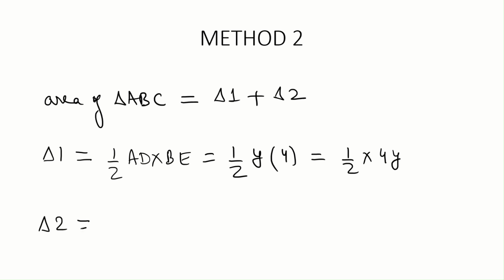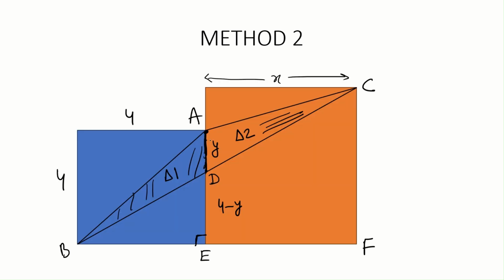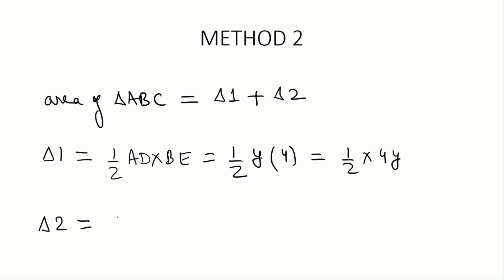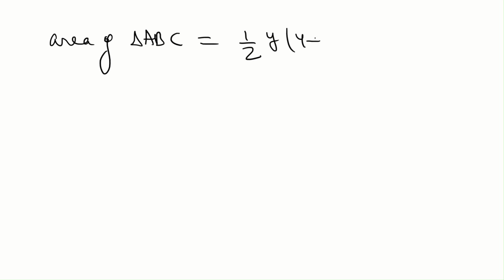Similarly, we can find out the second area, delta 2. Delta 2 will be half of this base, which is y, and this altitude, which is x. So delta 2 is half of y multiplied by x. And when we add these two areas, we will get the area of triangle ABC. But this time, this area is going to be in terms of x and y. Something like this. So the area of triangle ABC is coming out to be in terms of x and y,